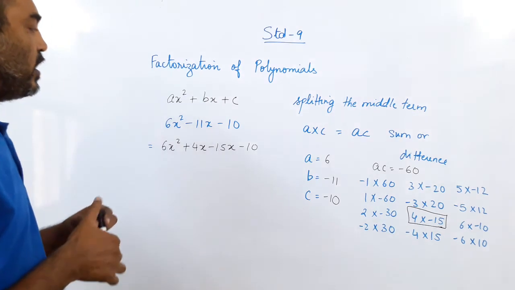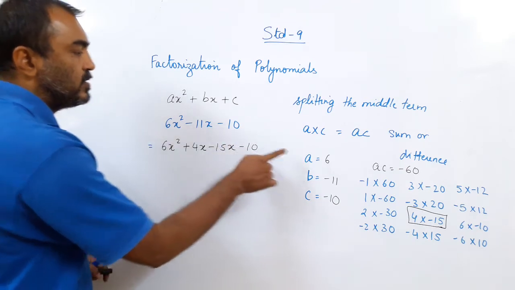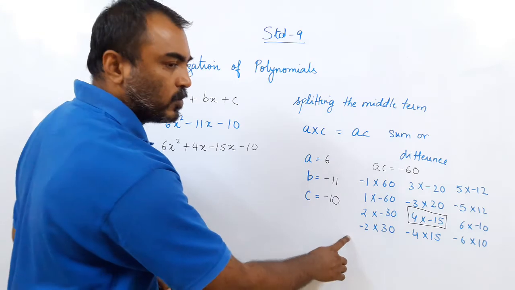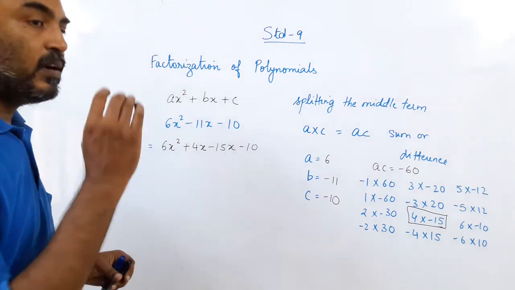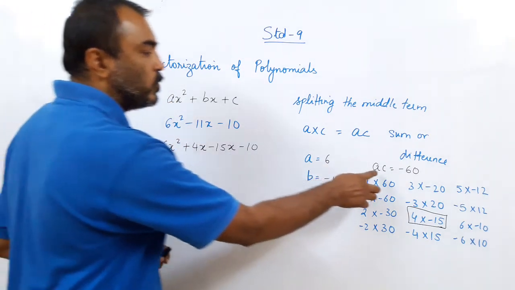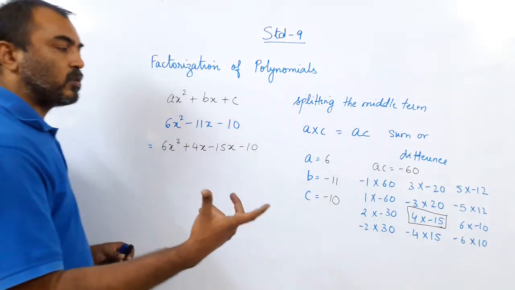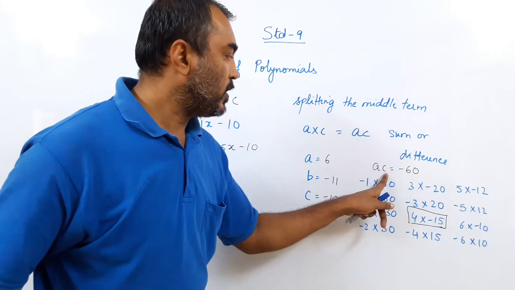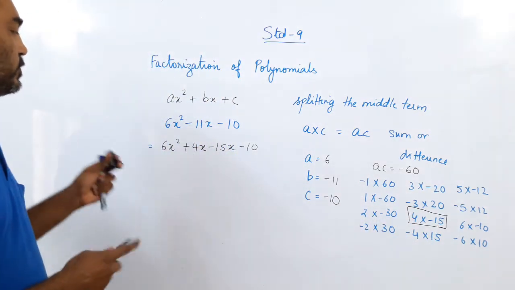And again, how did I find these factors? So first I multiply A and C. A is 6, C is minus 10. No need to write this now and no need to write this also. With practice, you will have to do this mentally. Okay? So we are going to practice until you can do it mentally. So A is 6, C is minus 10. So we get AC minus 60. I wrote down all the factors, but now you will have to practice yourself to make it mental, very quick. So minus 15 into 4 gives us minus 60 and minus 15 plus 4 gives us minus 11.